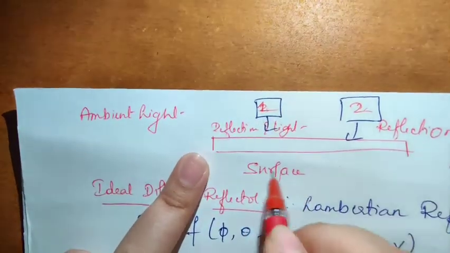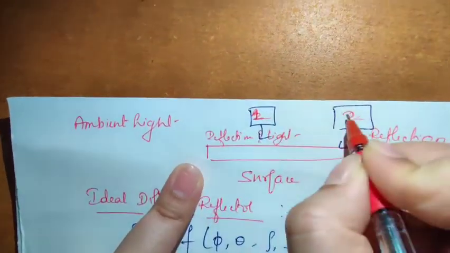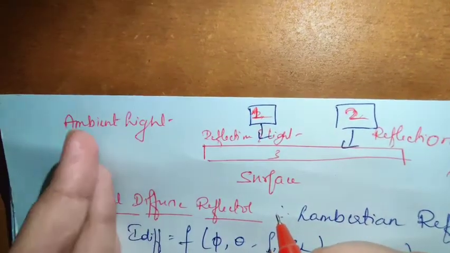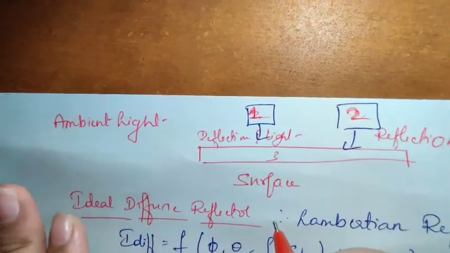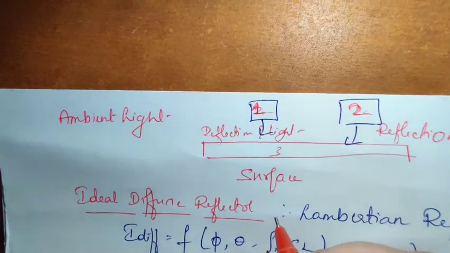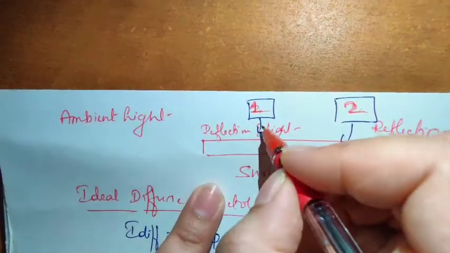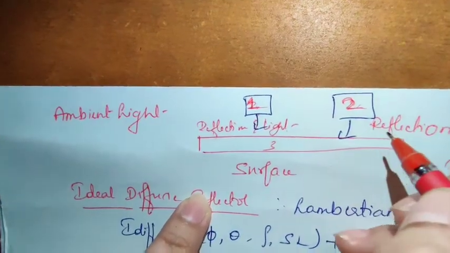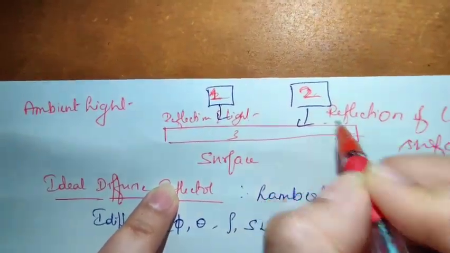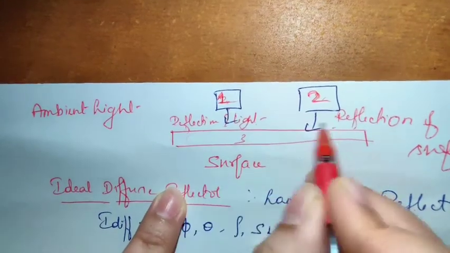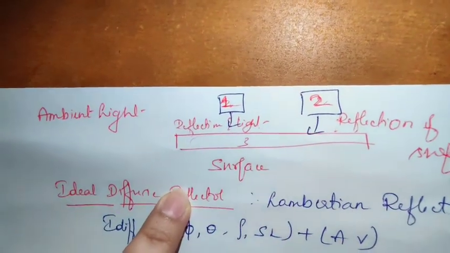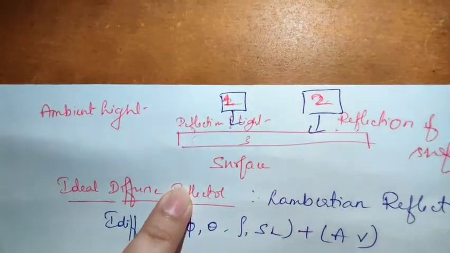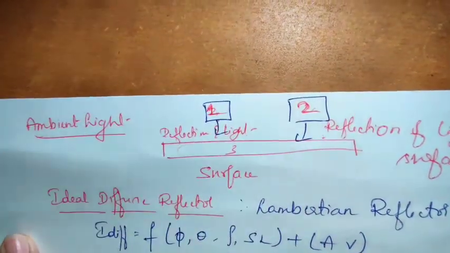You can consider that this is one object, a second object, and a third object. But in this case, in ambient light, there is no proper light source. Based on the reflection of light from the first object as well as from the second object, we are viewing this object. Based on the reflection only we are viewing the particular object, not on a proper light source. That concept we can call ambient light.